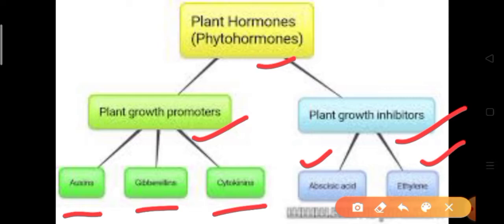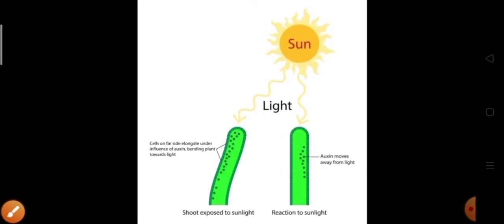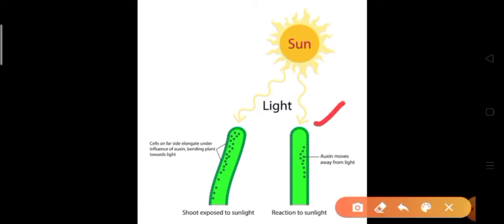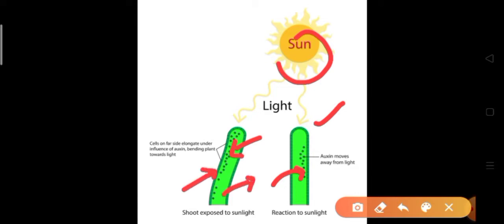In auxin, okay, what does auxin help in? So the role of auxin is that it helps the plant in the stem tip, promoting elongation. So it helps in elongation of the stem tip. What happens is that auxin moves towards the darker part. Wherever the sun is, if the sun is here, the auxin will move towards the shady part. It will leave the lighter part.